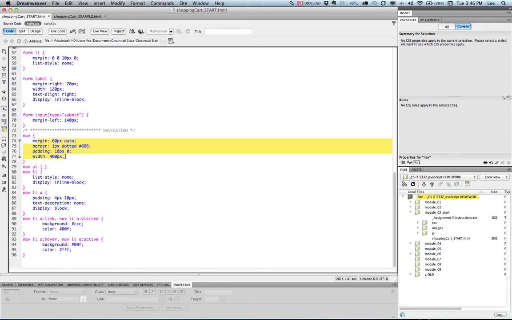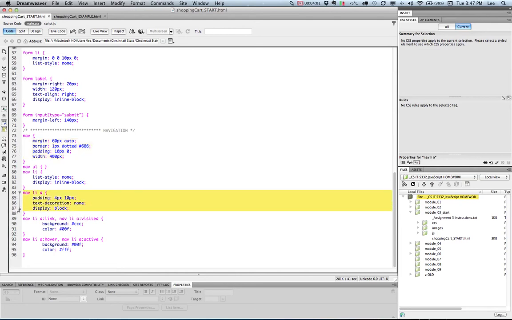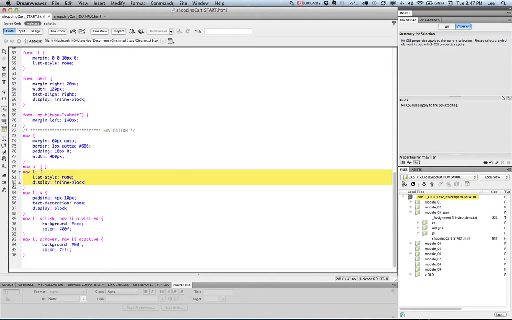Navigation is probably the most advanced piece. Normally you would see this in a dedicated CSS class. Maybe you covered some of this, I hope, in your HTML CSS class. What is unique is we've taken our anchor tags and displayed them as a block. We've taken our list items and made them an inline block so that they stack right next to each other,